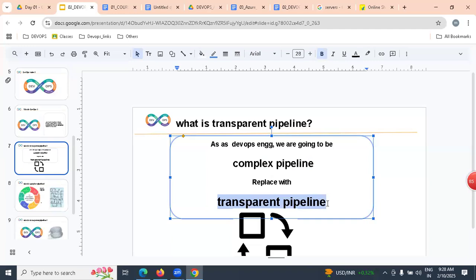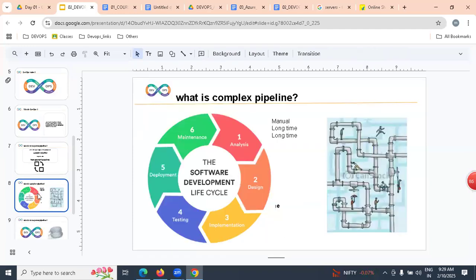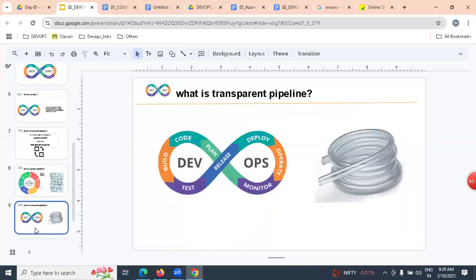Clear. Is it perfect? Sir, what exactly is a complex pipeline? Our SDLC process is a manual process. Our DevOps process is a transparent process.